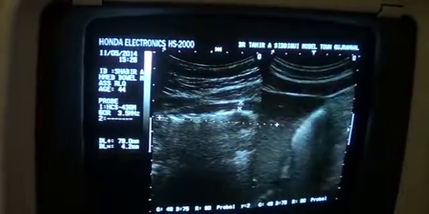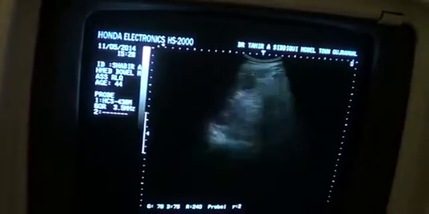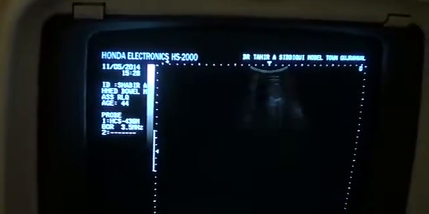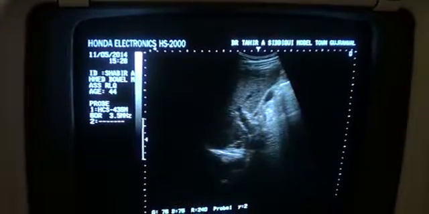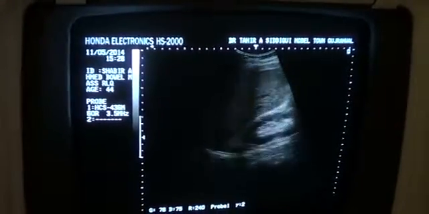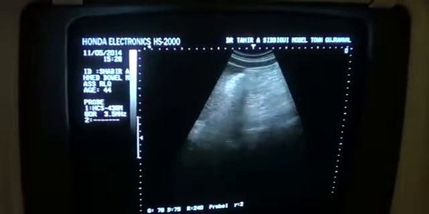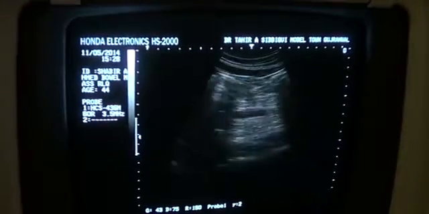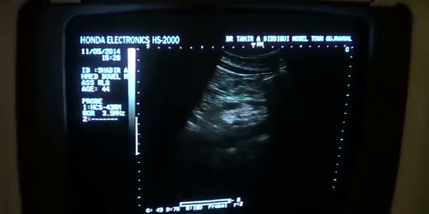Now let's see if there is any evidence of splenomegaly. Okay, this is the spleen, and the spleen is within normal dimensions. No pleural effusion was noted on that side. This is the liver. No pleural effusion on this side. Kidney is okay. This is the aorta, no para-aortic lymph nodes. So this is the case of the